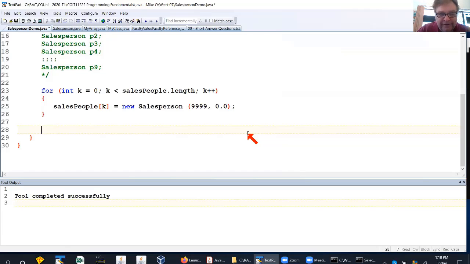Let's have a look at an enhanced for loop. For, what are we looping through? What type of data? It's salesperson. So for each salesperson, I'm going to call them SP for salesperson. Inside our,